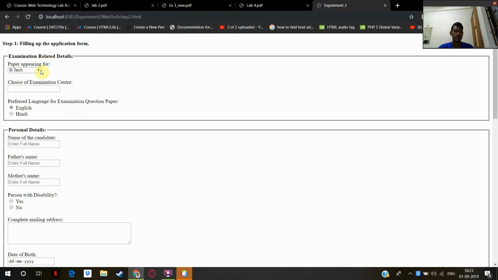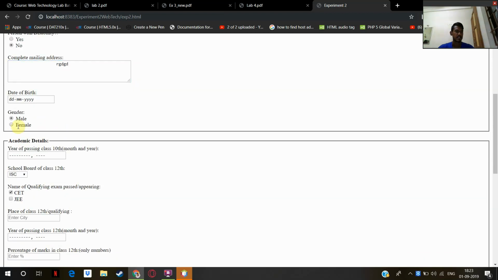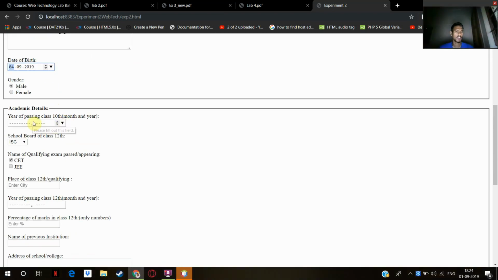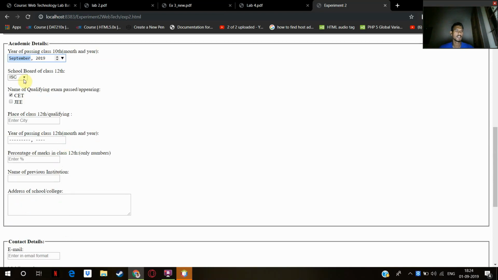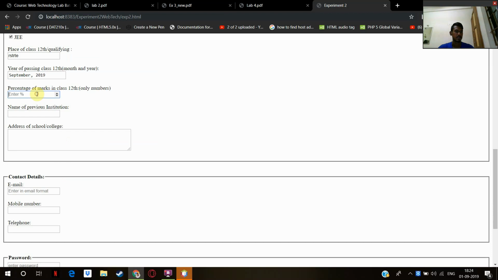As you can see, this is our form where I'll be entering certain values. Auto completion, if I provide B, it should show me Pune. English, name of the candidate, father's name, mother's name, complete mailing address, mail. Here you can select whatever you like, and this is my year of passing, which is similarly I can select anything, and just an examination you can select both if you want. Some city, some passing date, percentage of marks, previous institution can be provided,